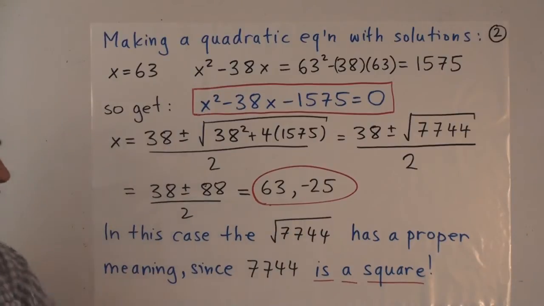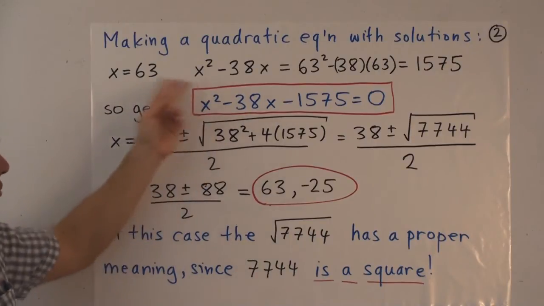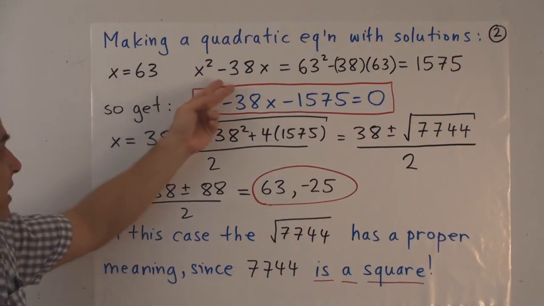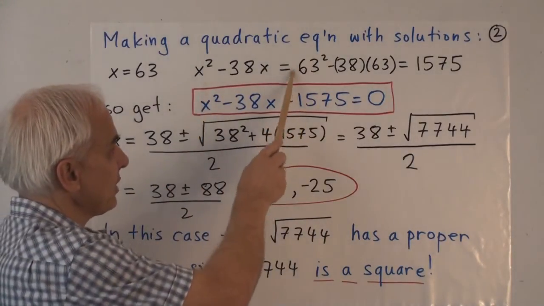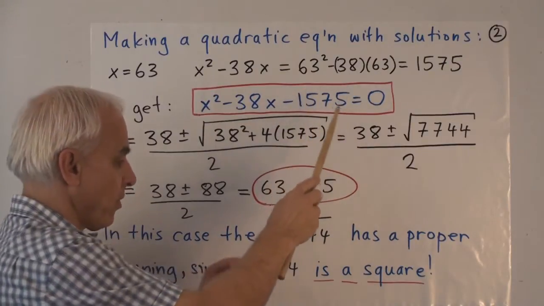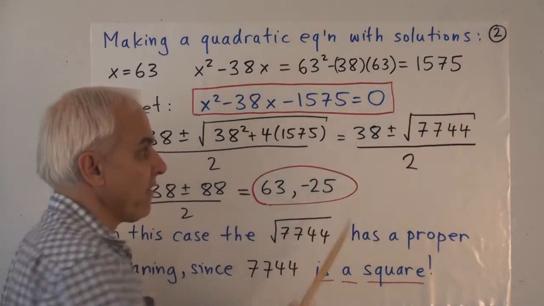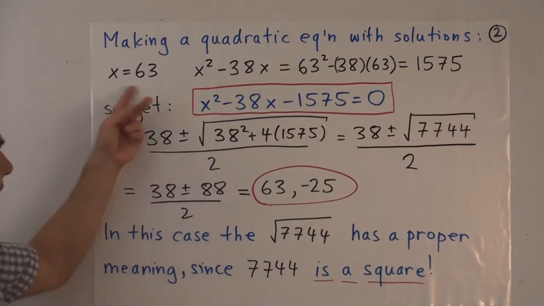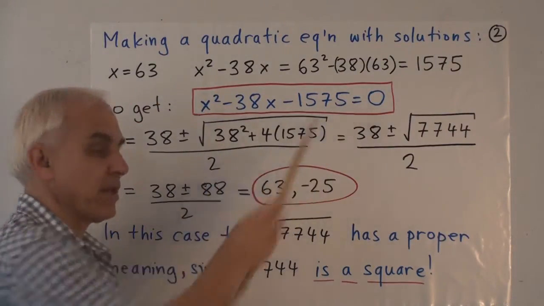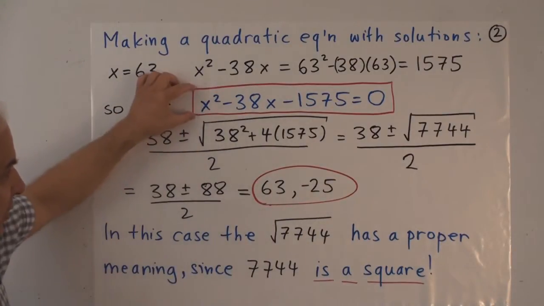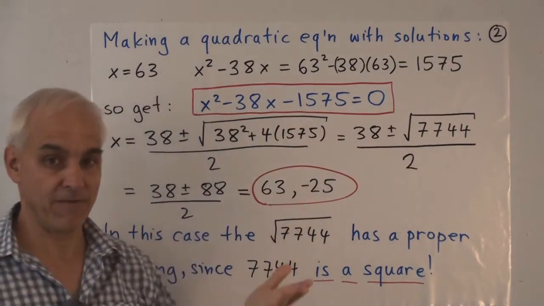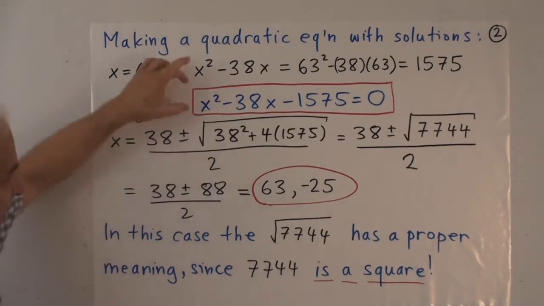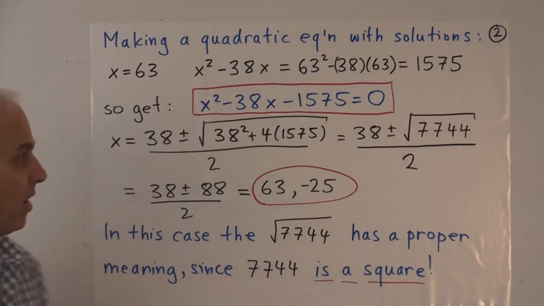For example, we could take a number, say 63, somewhat randomly. And let's take an expression which is quadratic in x. Let's take x squared minus, say randomly, 38 times x. You could compute that. 63 squared minus 38 times 63. Work that out. That turns out to be 1,575. So we know that x equals 63 satisfies this quadratic equation. Now this particular quadratic equation, we know it has an integer solution because we've cooked it up to have an integer solution. What would happen if we applied the standard quadratic formula on it?